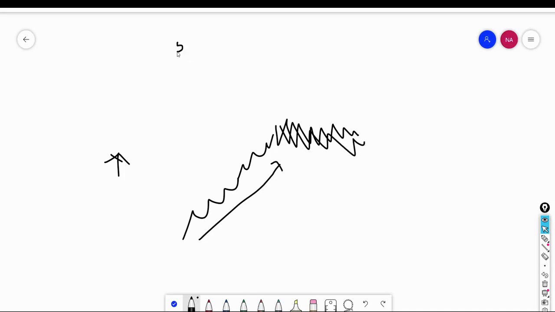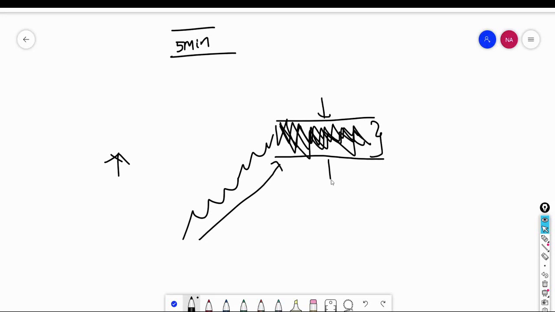Let's take this as a 5-minute time frame. The shorter the time frame, the better the pattern gets developed; a longer time frame takes more time to develop a pattern. So in an uptrending stock, suddenly we are getting a sideways auction, and once it gets developed, price will be in a narrow range. We will come to know what this range is, because it is clearly visible in front of us. In a sideways market, there is an upper band and a lower band.